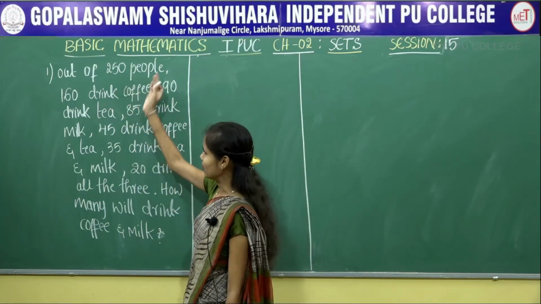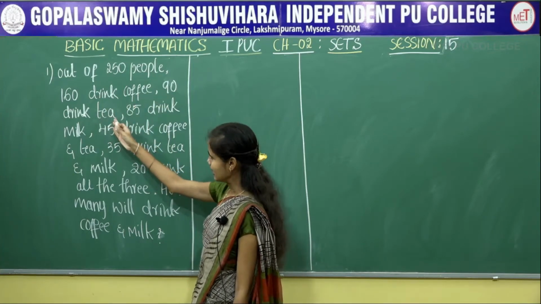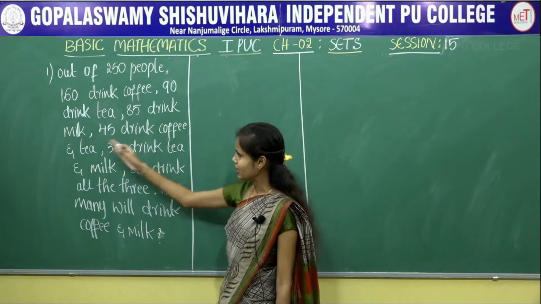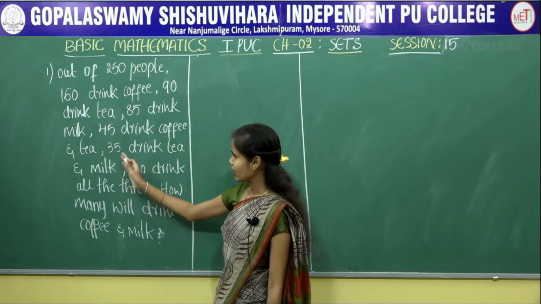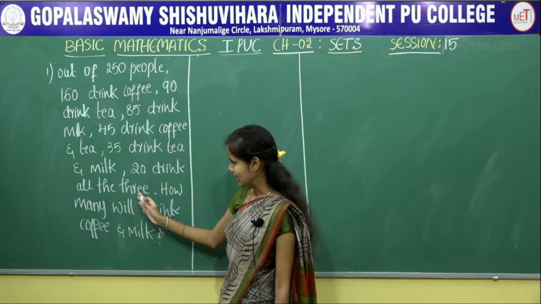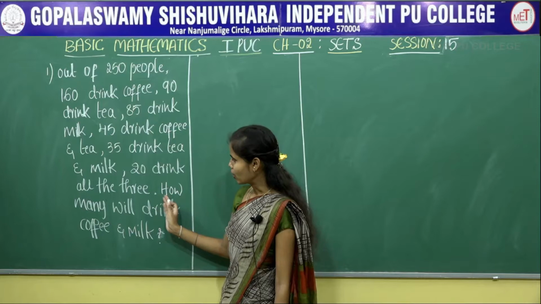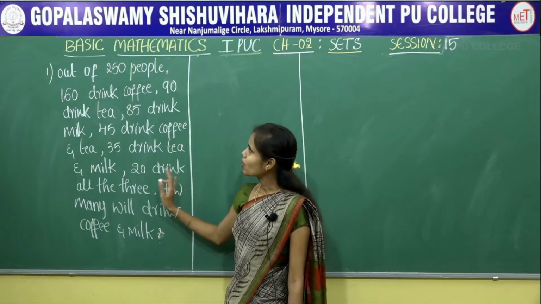Out of 250 people, 160 drink coffee, 90 drink tea, 85 drink milk, 45 drink coffee and tea, 35 drink tea and milk, 20 drink all the three. Here we want to find out how many will drink coffee and milk. Okay. So first